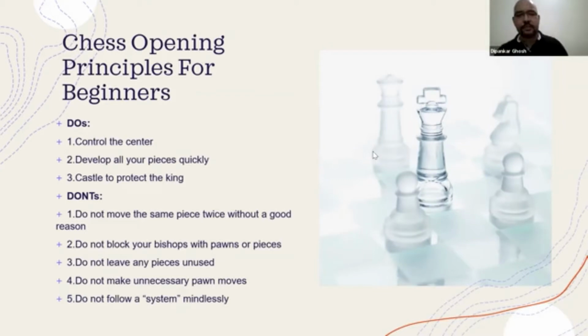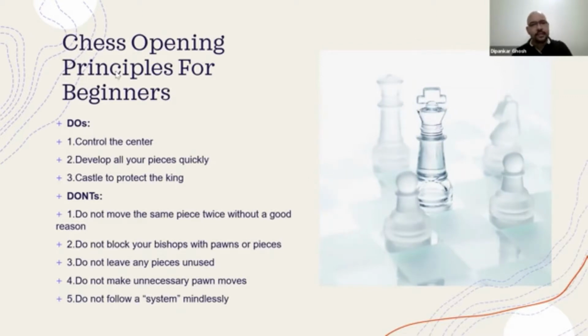My goal with this lesson is to share something that you can apply right away in your games. Thomas, you just mentioned your rating was around 1575, so I will consider you intermediate, not really a beginner. But this should be helpful for you as well. You may already be doing some of these do's and avoiding the don'ts, but if you're not, hopefully I can show you some ways to think that you can use in your games.